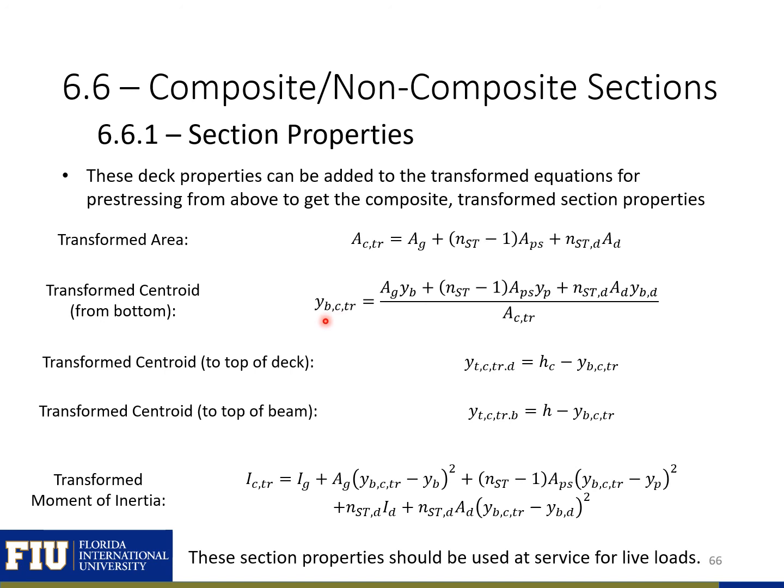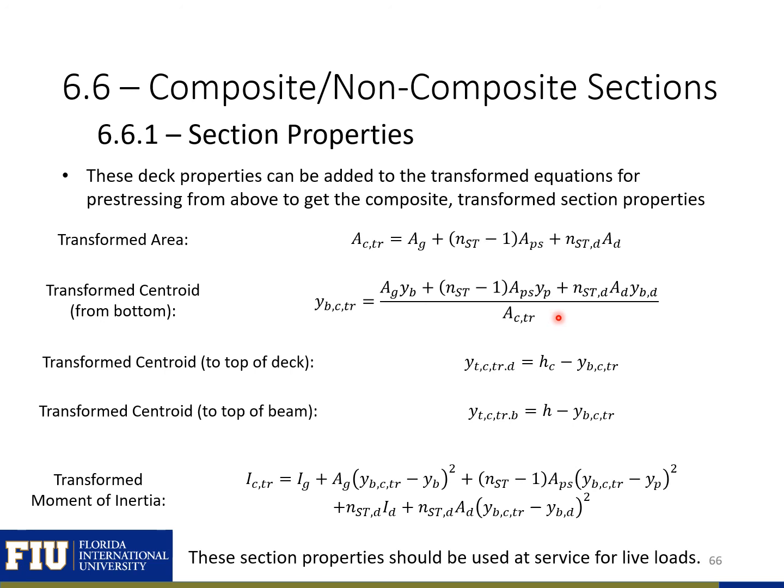Here I'm finding it from the bottom of the section. So we have our gross area times the centroid of the gross section from the bottom, n minus 1 for our pre-stressing times the area of pre-stressing times YP, the distance from the bottom to the centroid of the pre-stressing. And then the n for our deck times the area of our deck times the distance between the bottom and the centroid of the deck. And then we divide all that by our